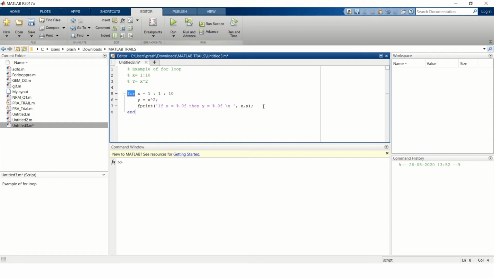Then write the matching end for the for loop. So we will save this file and run. Okay, sorry. So fprintf. I forgot to enter f.